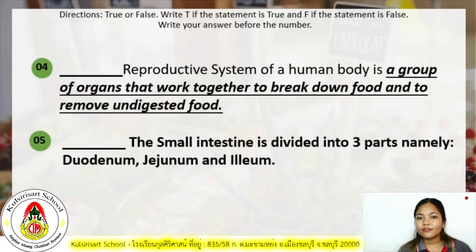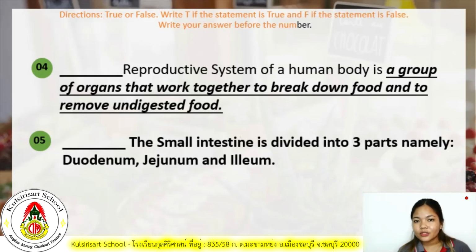Now for number 4, we have their directions, true or false. What I want you to do is to write T if the statement is true and write F if the statement is false. Write your answer before the number. Again, I don't want to see the word true or the word false. I only want to see letter T and letter F. So for number 1, we have there,